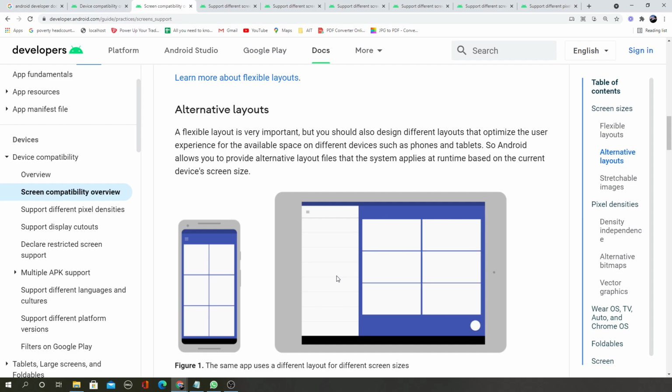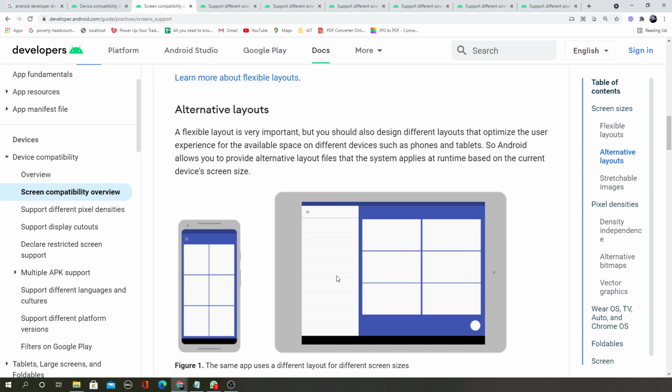So the mechanism here is to provide alternative XML files. When you provide alternative XML files, the Android runtime will select the most suitable XML file depending on the device your application runs on. If your application is running on a larger tab, it will automatically select the XML file which you have provided for the larger tabs.